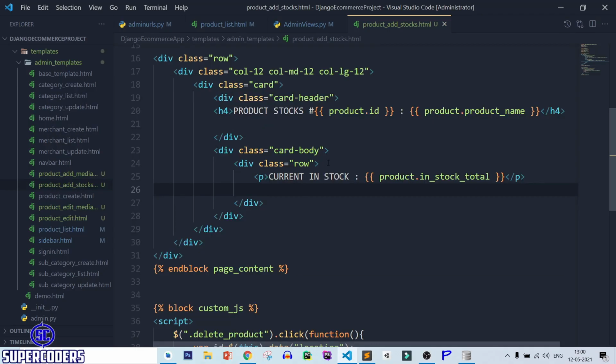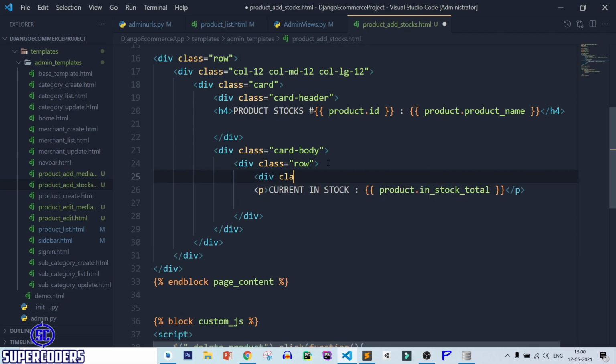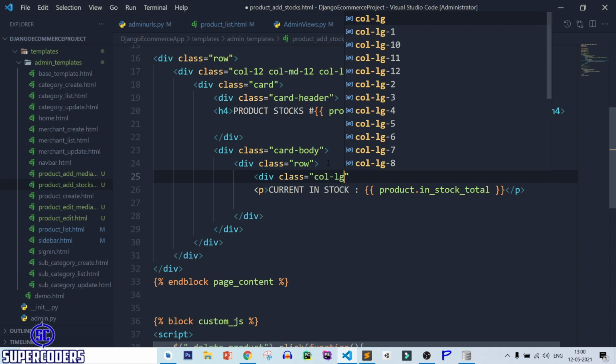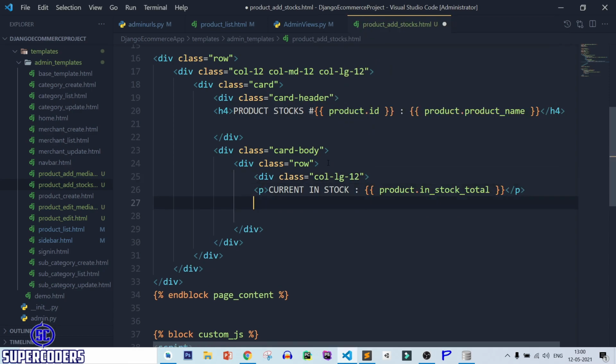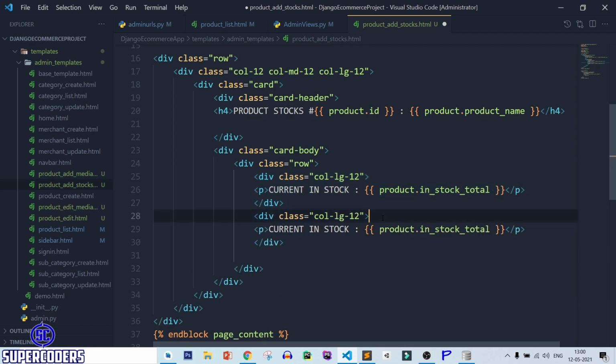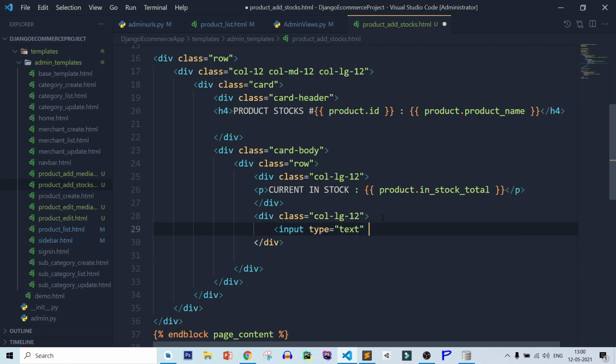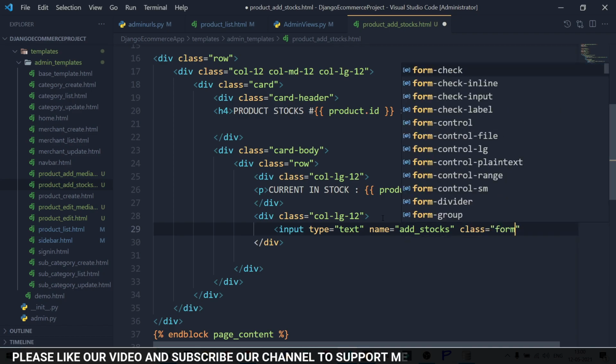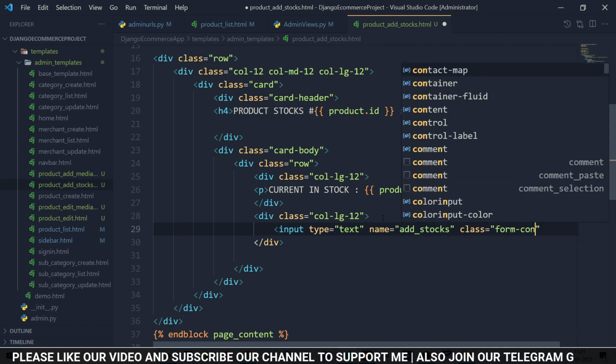After that, adding a div class equal to col-lg-12, div, copy it, paste it, remove it, adding an input, type equal to text, name equal to add stocks, class equal to form-control.